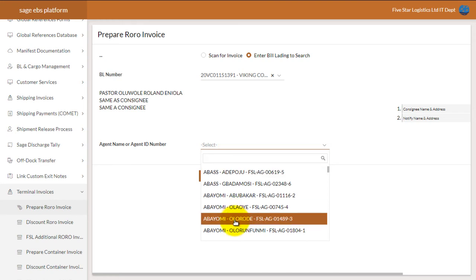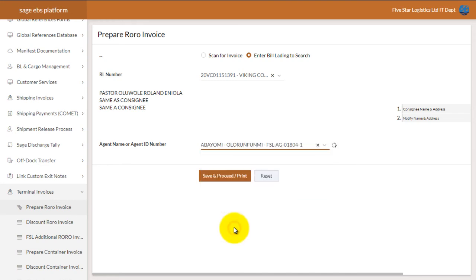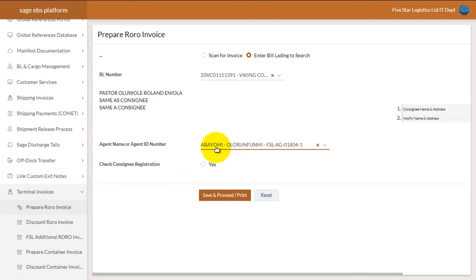So the agent ID or the agent name is the agent in your presence that is about to collect that particular consignment. So it is the agent you want to release that consignment to. Now, let me say the agent before me has presented his ID card, and this is the name I found there. So I just come here and select the name of the agent,